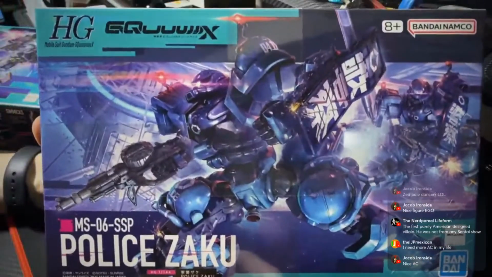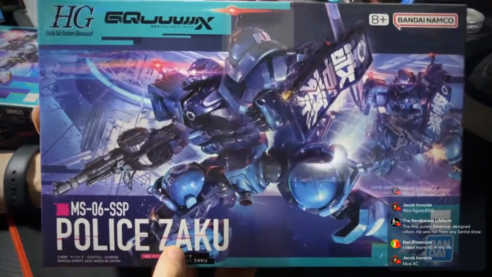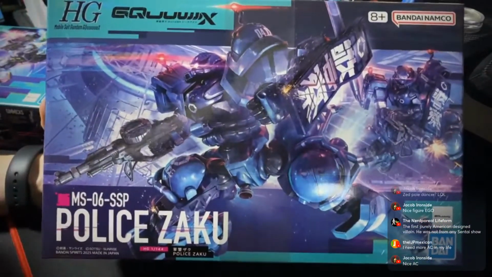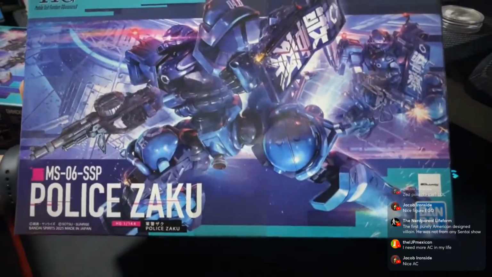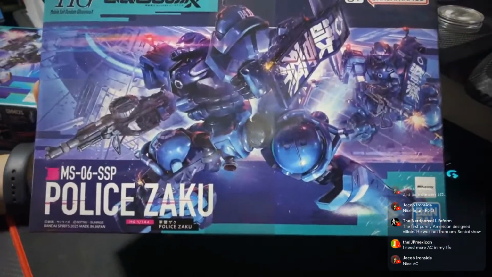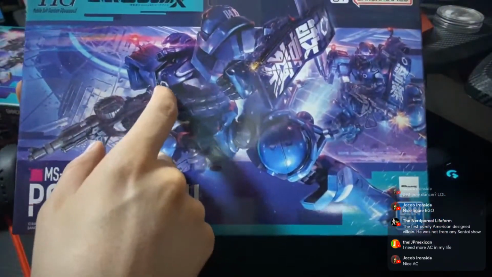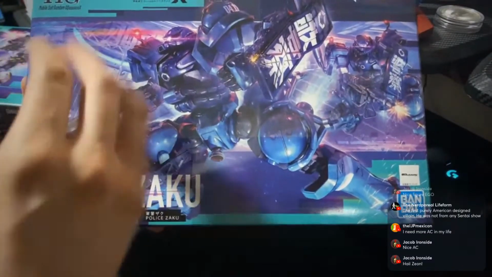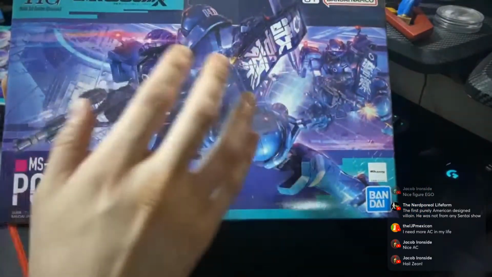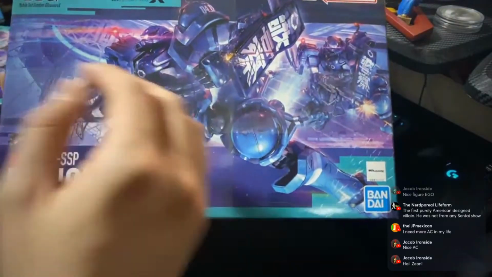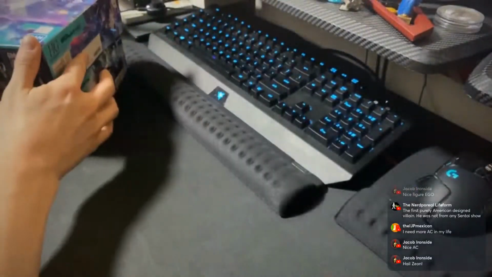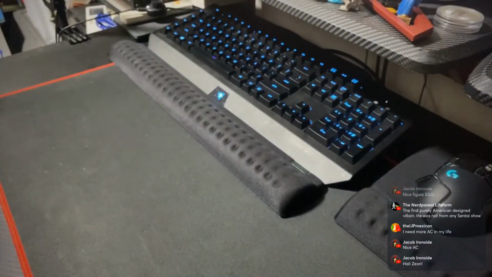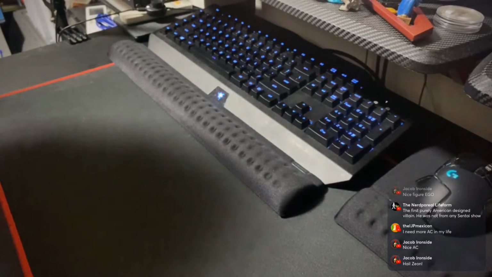This is another fan favorite now, which is the Police Zaku. It looks similar to the one that you saw before. That one is called the Guf Custom Zaku. But anyways, this is a police version, and I thought this one was pretty neat. I have another one coming in the mail soon, which is the main character's Gundam suit, but I don't have it here tonight with us. So that'll be for maybe next time if I haven't built it by then.